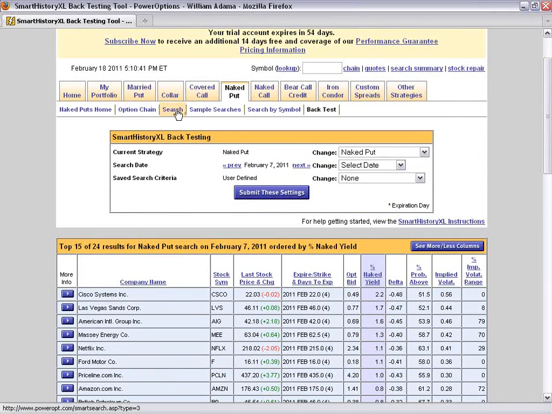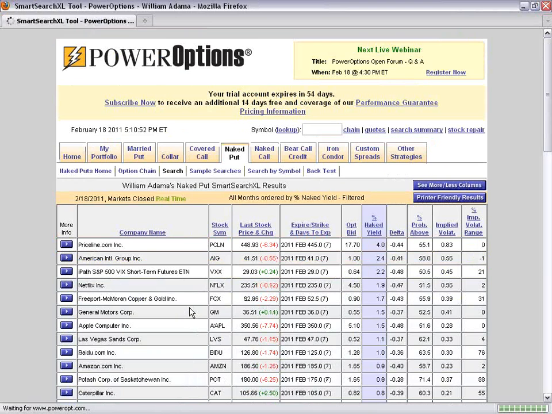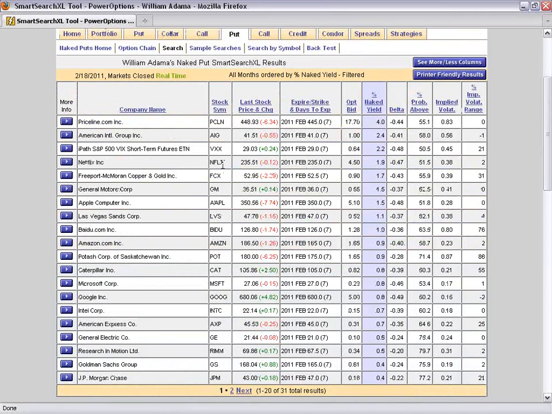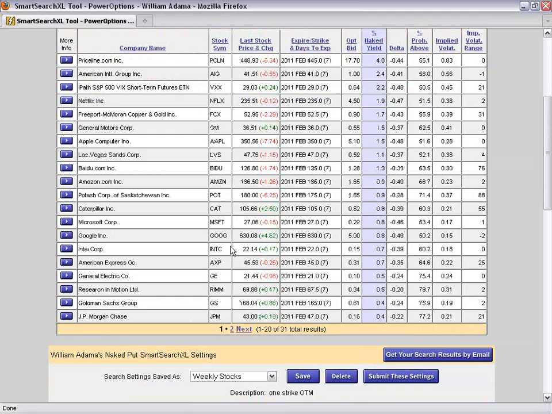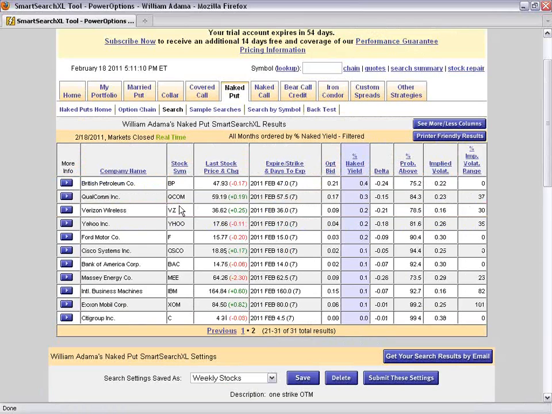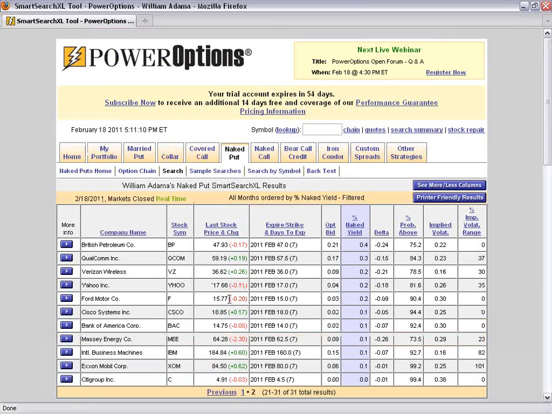All right, let's go back to our main search. See if we can pick that one out again. AIG we saw. Netflix we saw. Google was there. Was it Intel? Yep. Okay. Ford was there. BAC, Massey Energy, IBM. Okay. So I think, yeah, but these ones, Verizon, Yahoo, we do have some new ones there. Probably going to have to write an article about that coming up.